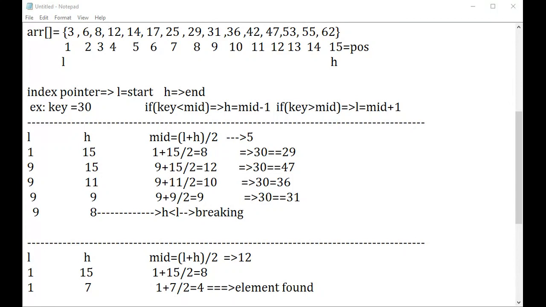Good. Low, high, okay. Key value, if low is less than a key value. Okay, good. Okay, good, good.